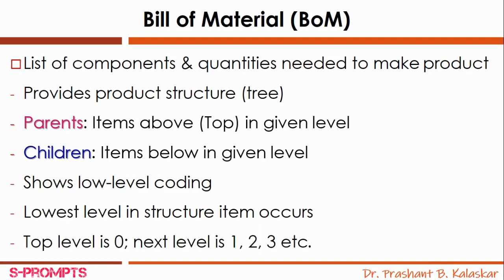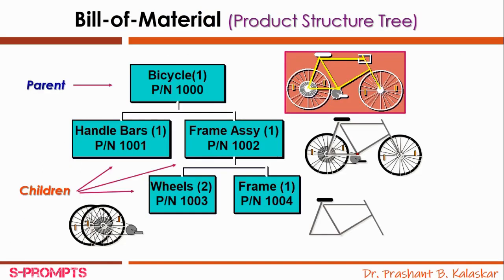This we will understand well from the following slide. Here we will be discussing a product structure file of a bicycle. Here the final product, the bicycle, which is at the top level, is also called a zero level item or a parent product. Below the final product, the sub-assembly components are at level 1 and all the items below are called children. Along with the level of each component, their name and item code numbers are also mentioned, as well as the quantity in which these items are required.